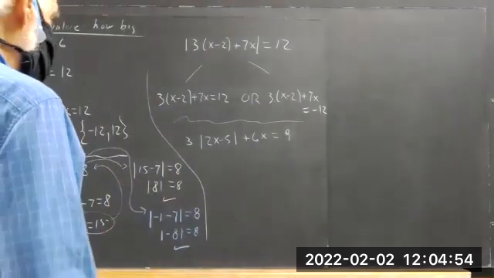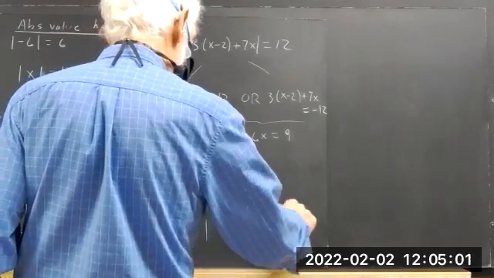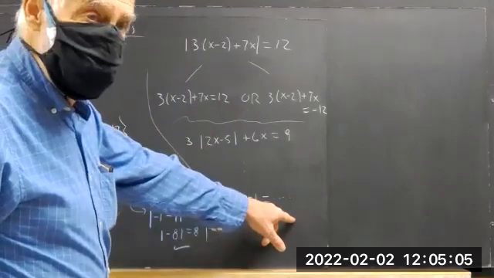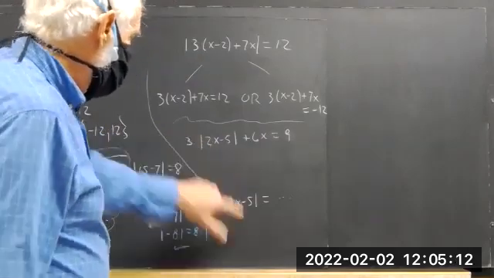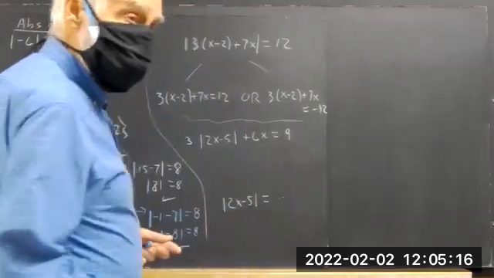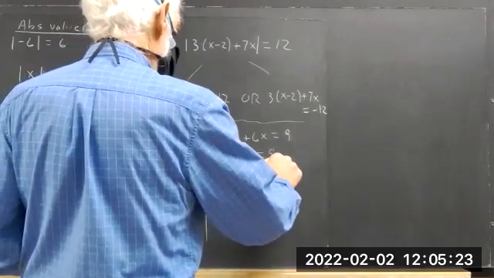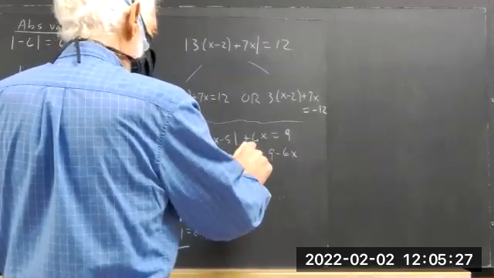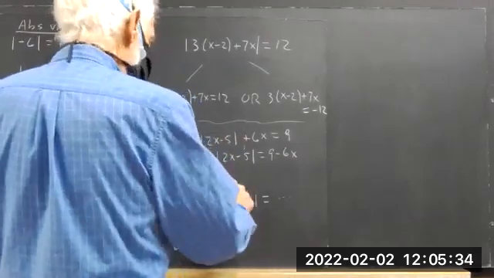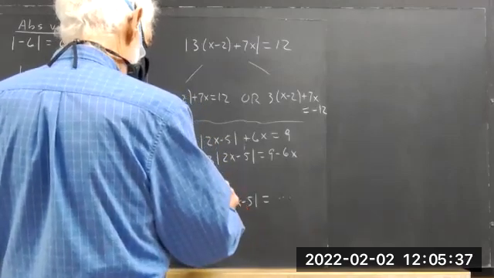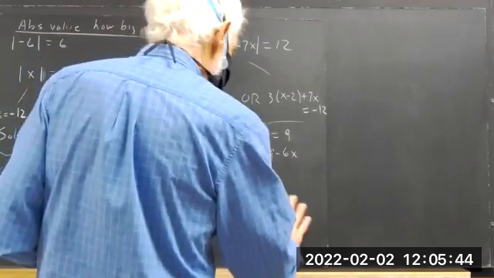Now, what you want to get it down to is absolute value of 2x minus 5 equals something, and then you can split the equation, right? Okay. Well, it's not hard to get down to this stage. We can subtract 6x from both sides, giving us... I'm not writing down the step there, but again, I would expect you to write it down, right? Minus 6x and minus 6x, just keep reinforcing that. Then we divide by 3. Well, we get there almost immediately. Divide both sides by 3, we're going to get